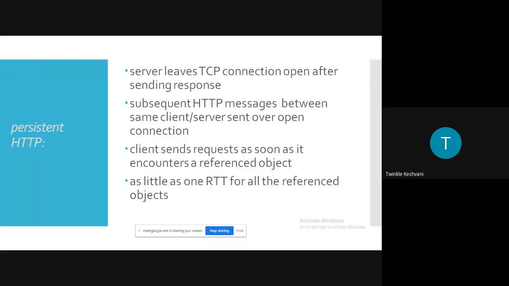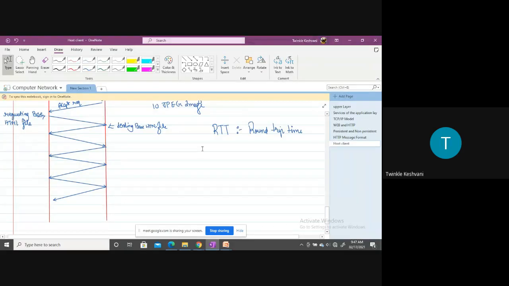Then the client sends the request as soon as it encounters a referenced object, with as little as 1 RTT for all the referenced objects, right? So for every object there will be 1 RTT. You can see here that the client has requested image 1.